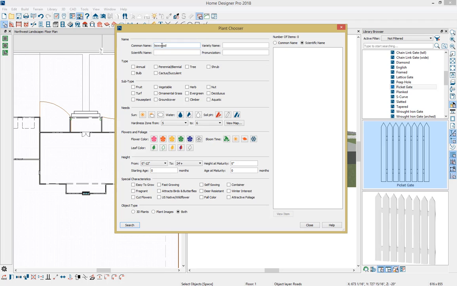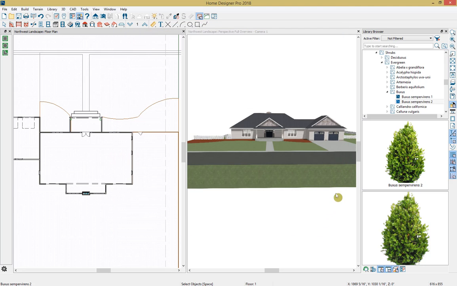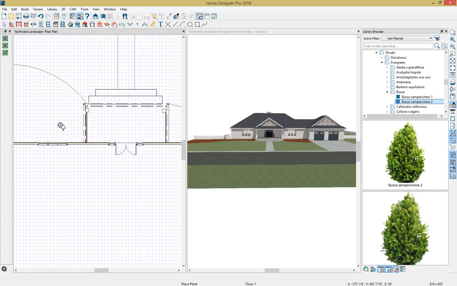So I'll just type that in, and then I'll hit the search button, and my results will display in this window on the right hand side. And then if I click on them, my library browser will actually open up right to that plant. So then I can close out of my plant chooser tool, and I can see exactly where this is located in my library browser. I'm going to grab that and just come over here into my plan view